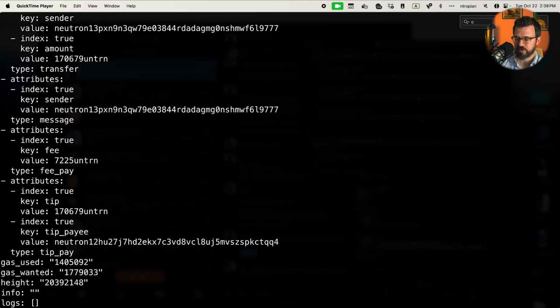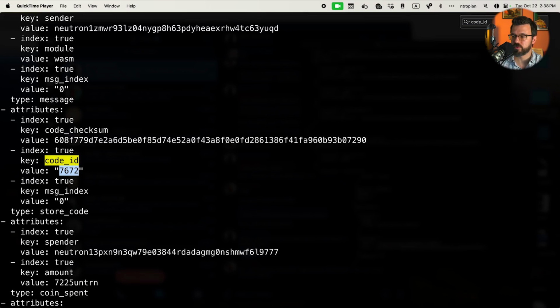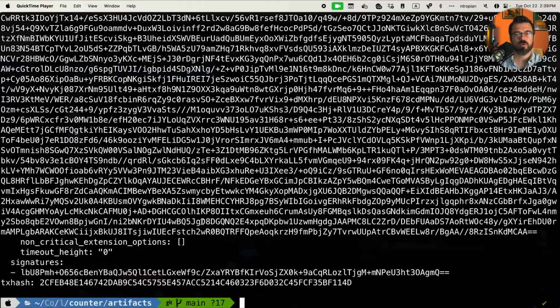You can use find and find 7672. So now I know that code ID. That code ID is on chain and it's the code of my smart contract. So now in order to actually create a smart contract, I need to reference that code. You don't put code up for every smart contract. Smart contract references code. That way you can have multiple contracts that use the same code without having to repeatedly